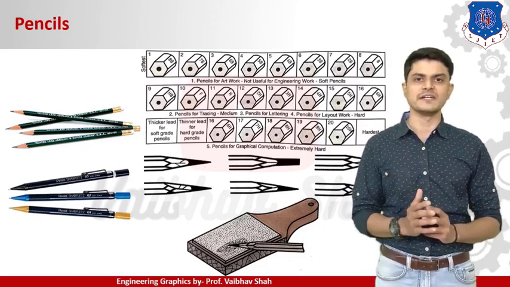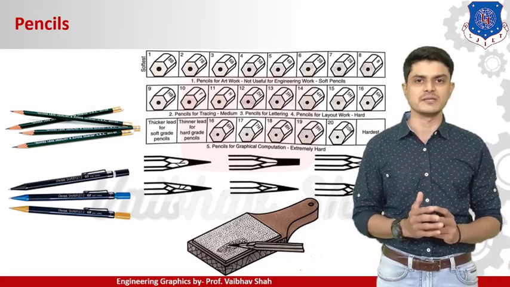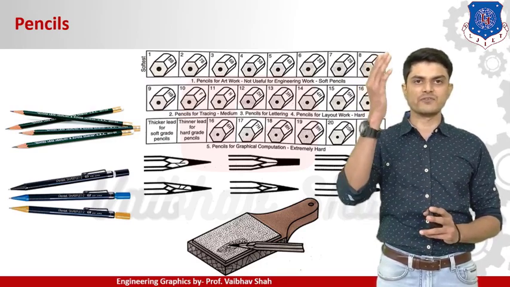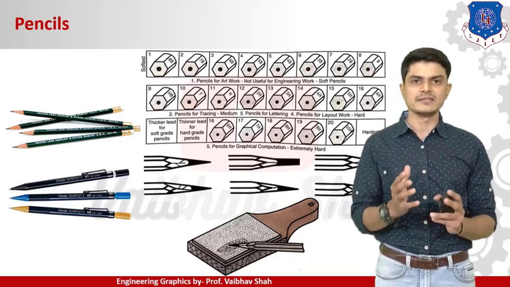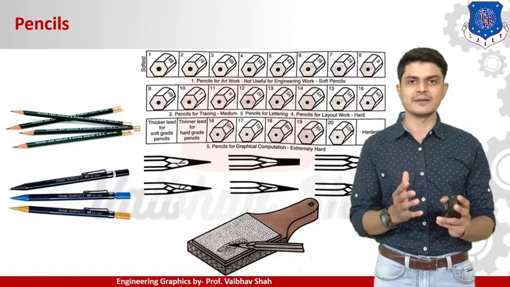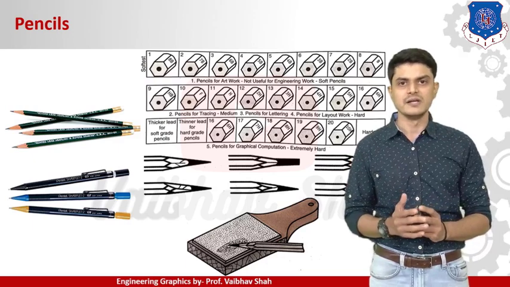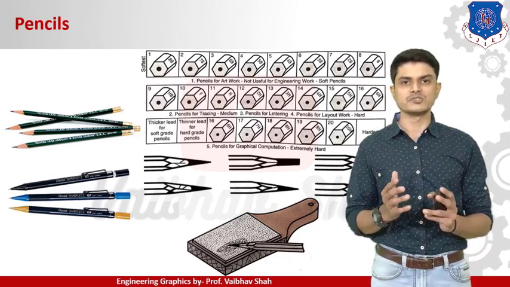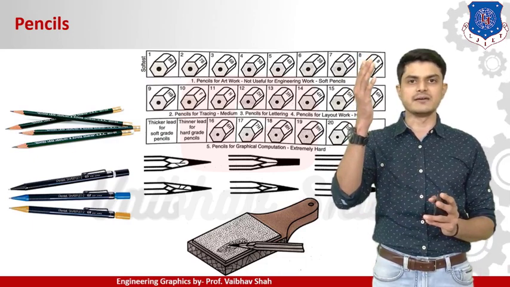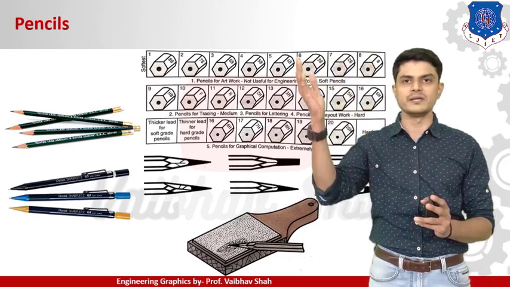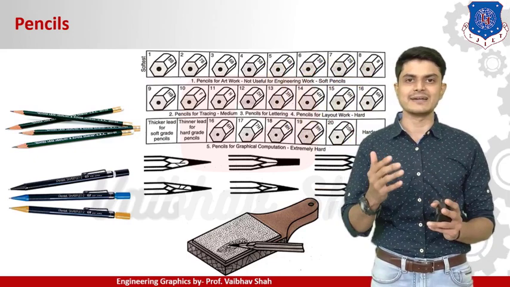There are different kinds of grades available for any pencils in the market. So let's first start with this first row here. This is a B grade pencil. B means bold grade. That means you can have a darker handwriting by the usage of this bold grade pencil, which is having a very soft lead. And as you go from this B grade to 2B, 3B, 4B, 8B, the pencil gets darker and darker, and